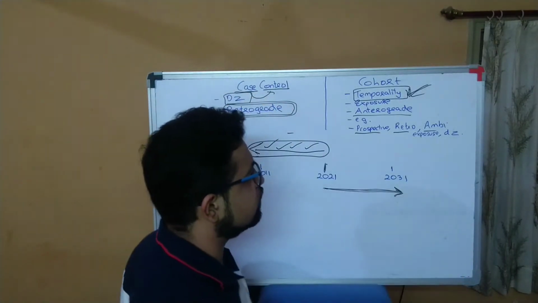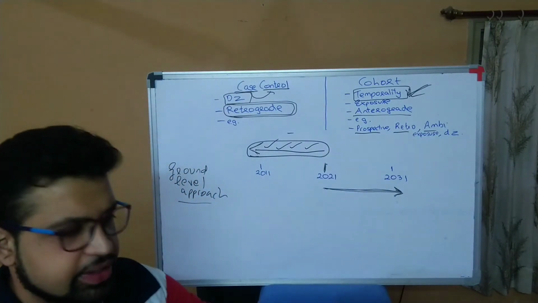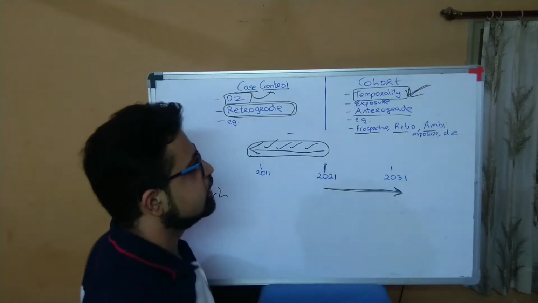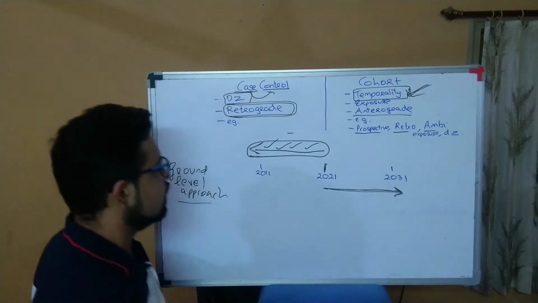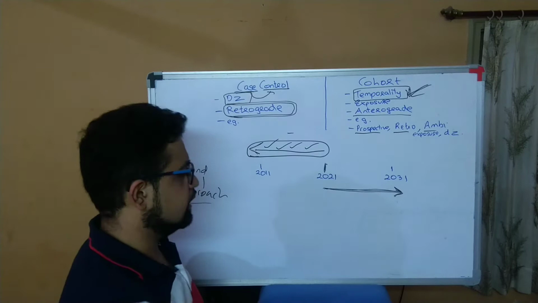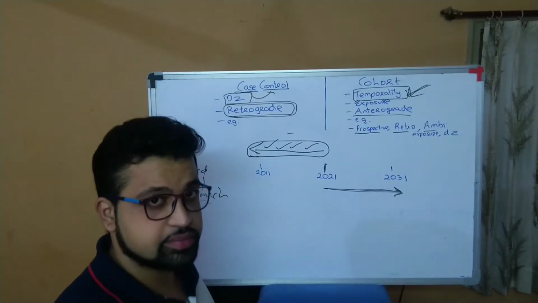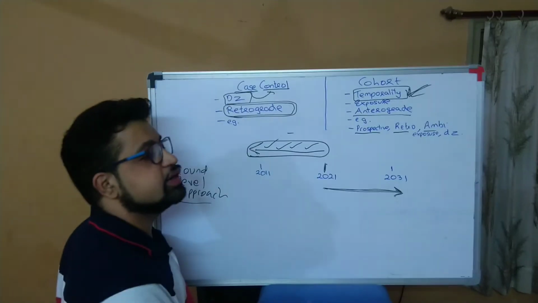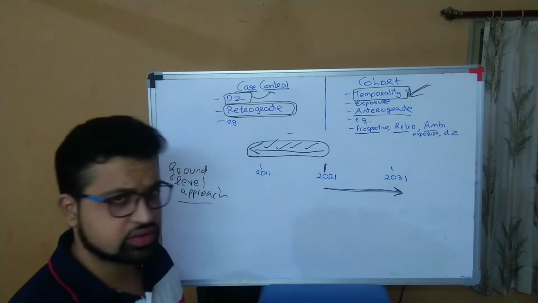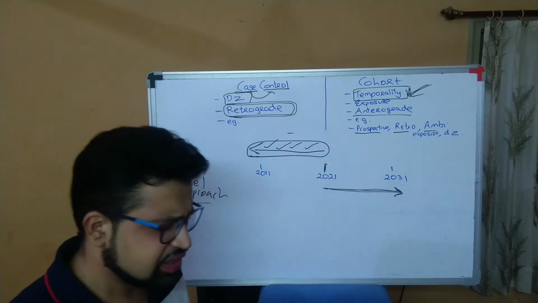In any type of cohort, the direction is always anterograde. Okay, so what happens in retrospective? We'll talk as a clinician. You want to do a retrospective cohort study of asbestos exposure. What will you do? You are in 2021, and you have those 100 subjects. You will ask the industry owner: give me all the records of those 100 people from 2011 to 2021.